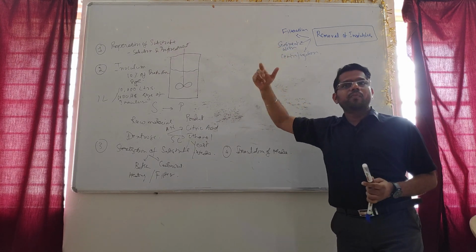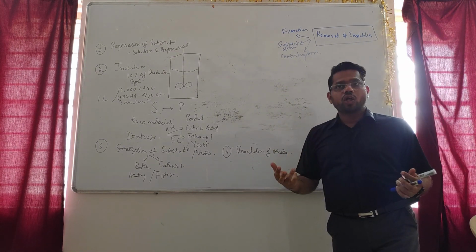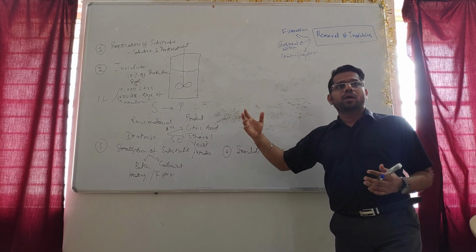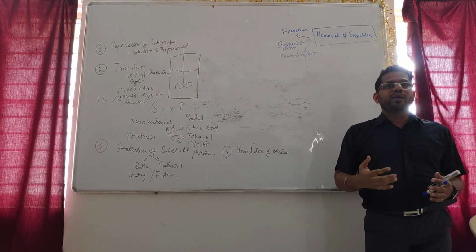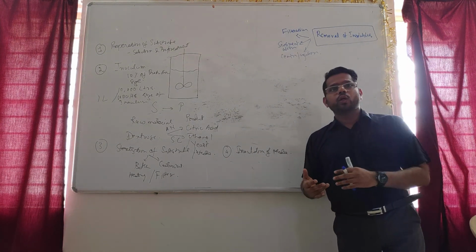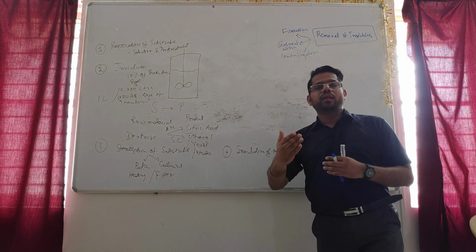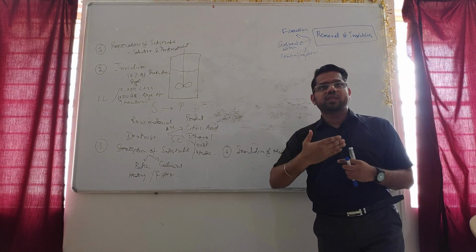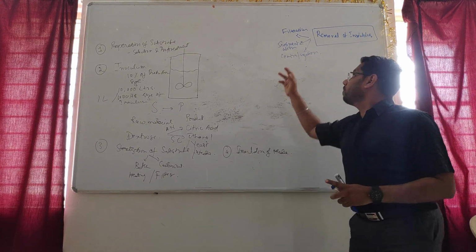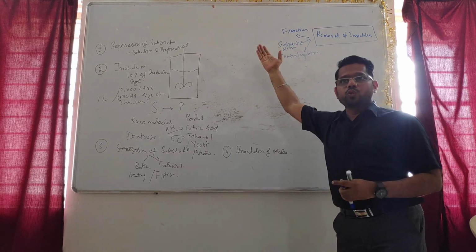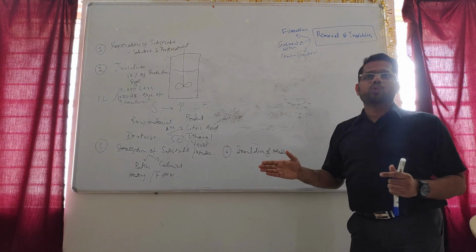So in filtration, I will be using filter aids like membranes, filter medium, or filter cloth to separate the larger as well as finer particles. This is the technique which is used most of the time in wastewater treatment processes. There you are using grids which act as filter aid. So these will screen the larger size particles as well as finer size particles and allow only the liquid to pass through it. Isn't it? So filter aid would be used to remove the larger as well as finer size particles, and it will only allow liquid to pass through it.